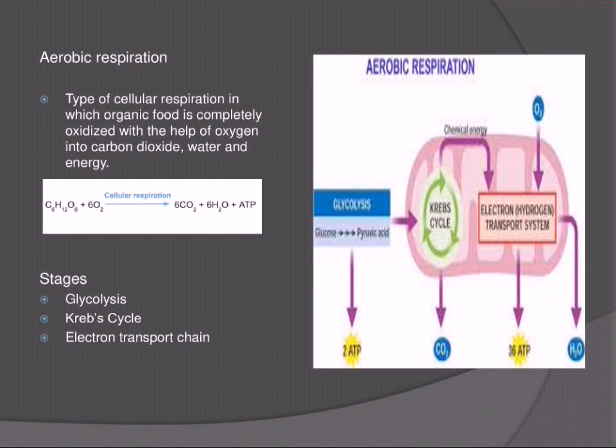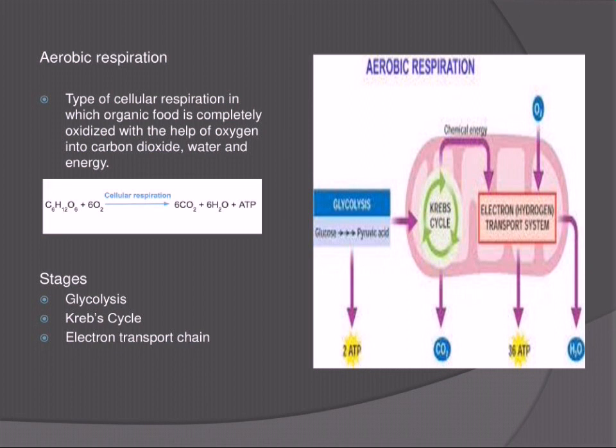At the end of glycolysis, the two molecules of pyruvic acid which got generated by the splitting of glucose enter into the mitochondria. This oxidation of pyruvic acid into CO2 and water takes place through this cycle. The pyruvic acid formed in glycolysis enters the mitochondria matrix and gets oxidized to carbon dioxide and water. Krebs cycle is also called tricarboxylic acid cycle, TCA.